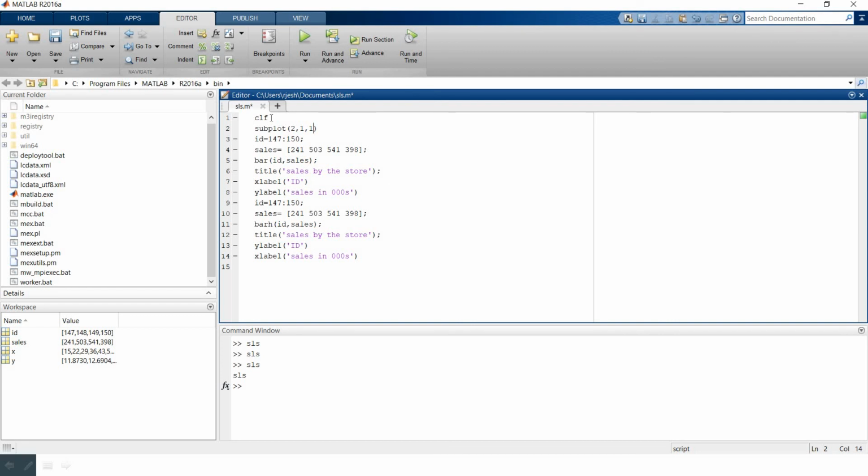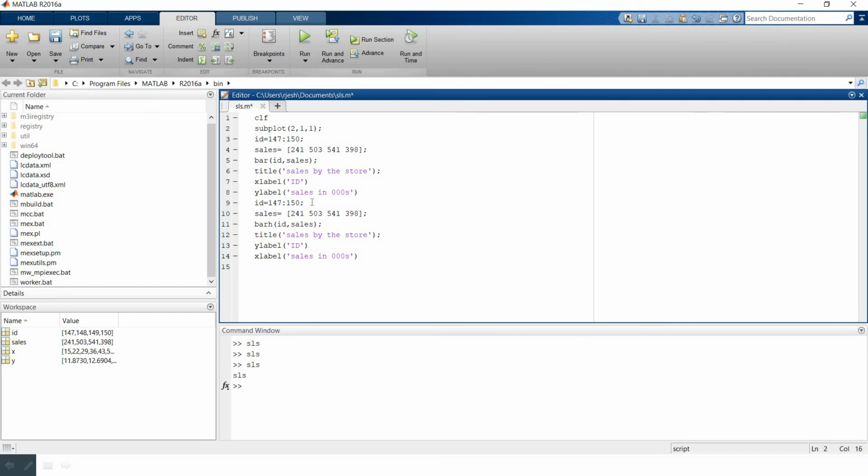That 2 represents there are 2 positions in the grid. We are trying to get 2 graphs on a single sheet of paper, so we need 2 rows and 1 column. And the first, we're talking about the first graph, so that will be subplot(2,1,1).